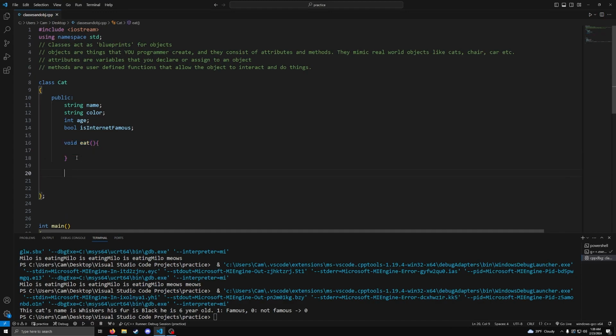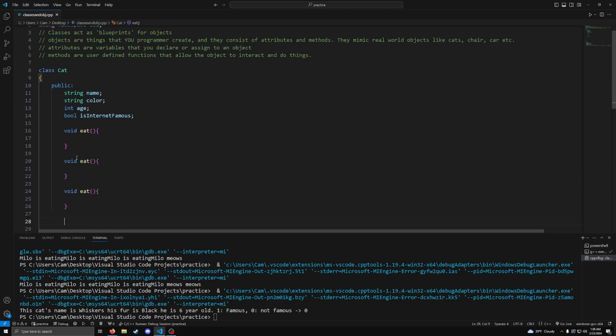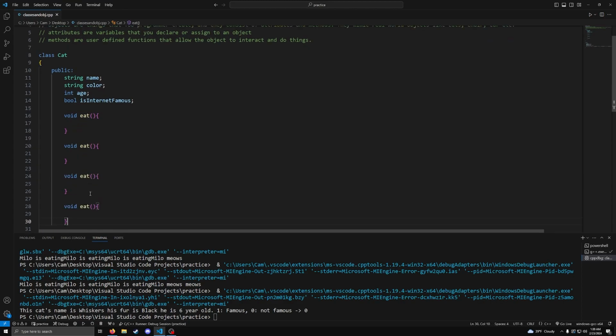So we have an eat function, we'll have a drink function, we'll have a sleep function, and we'll have a meow function. I think that's enough. No need for jumping. So we have eat. I don't know why I deleted that. Sleep,